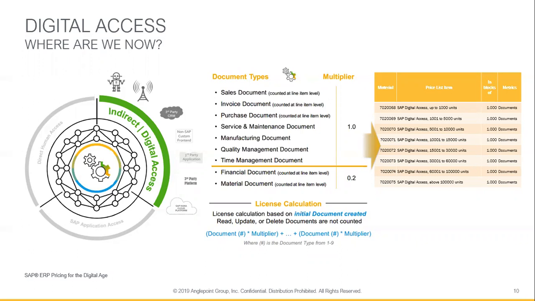And you can see then, as an explanation of the license calculation, that you basically take the number of documents, use the multiplier, and then you add up all those documents to get to hopefully the right number of documents. And we all could assume or expect that SAP provides their customers with measurement capabilities in SAP itself, to have a rock solid number on the documents, because that determines the license requirement.